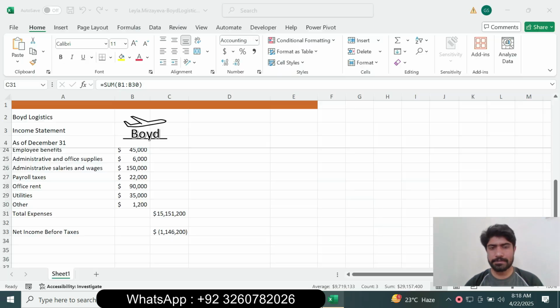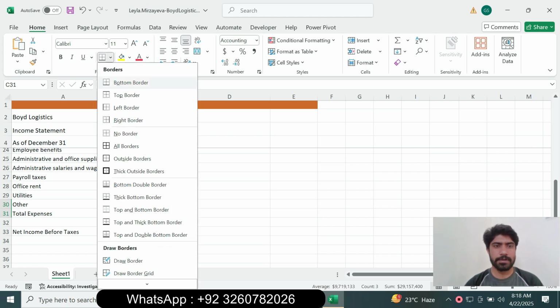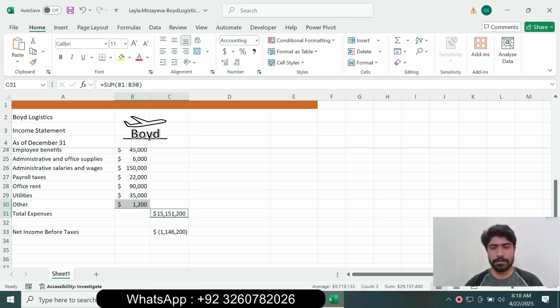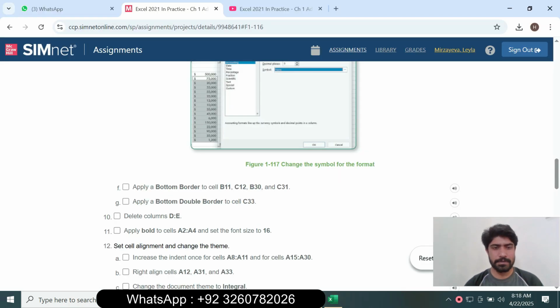Apply the bottom border. Go to the Home tab, go to the Font group and apply the bottom border. Click OK. So apply the bottom border, and next is